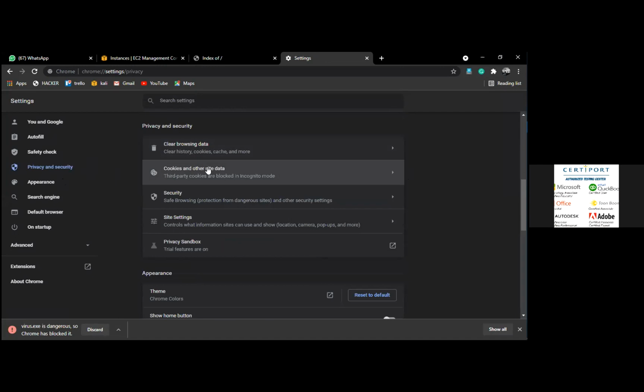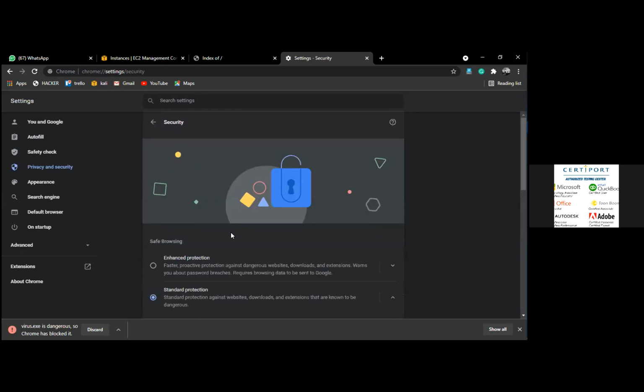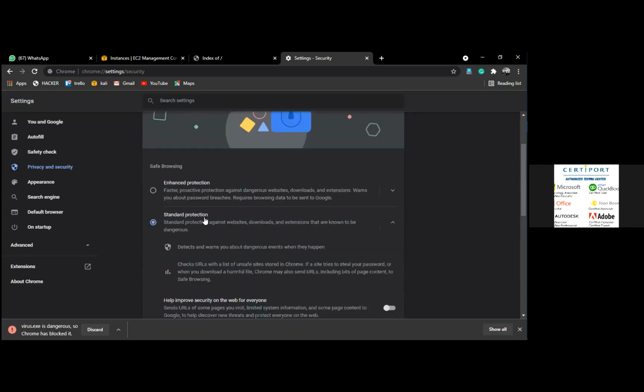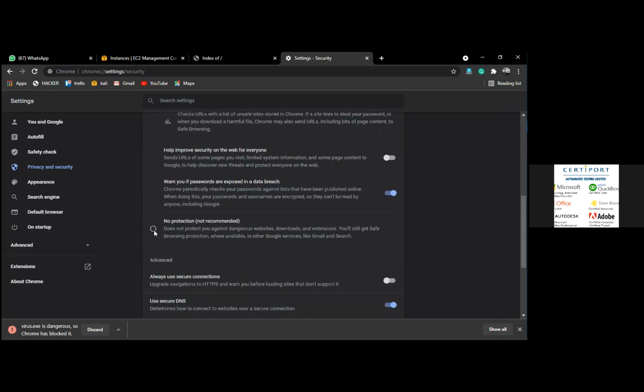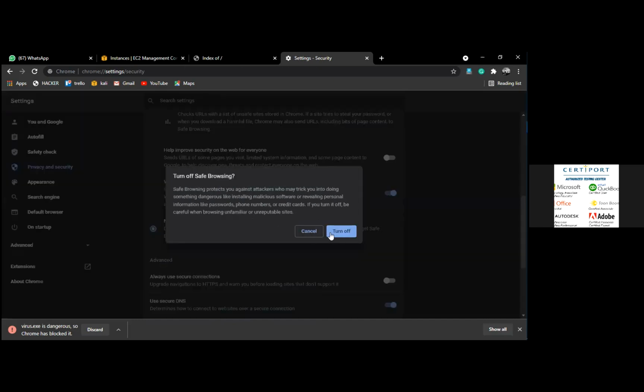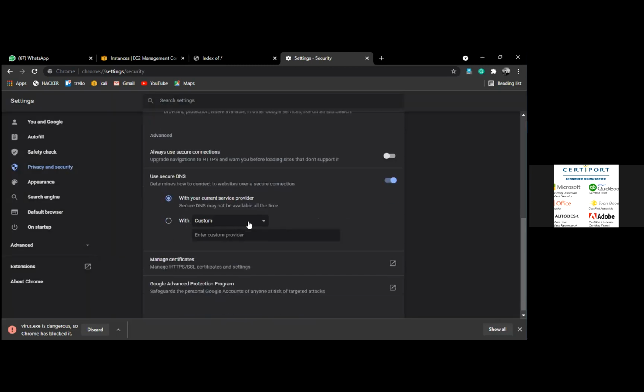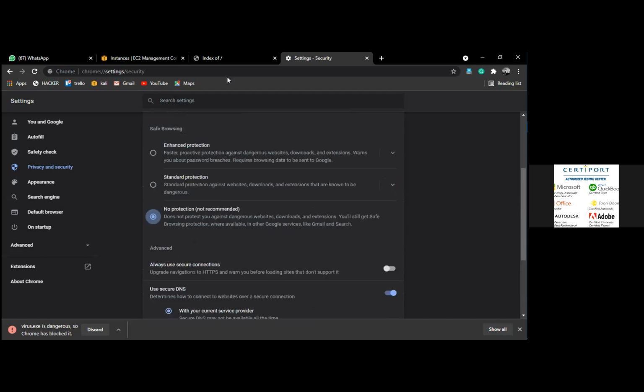Go to security, third option, security. Change it to no protection. No protection. There is another option, third option at the bottom, no protection. Turn it off for a moment. Now you go to the site and download it.